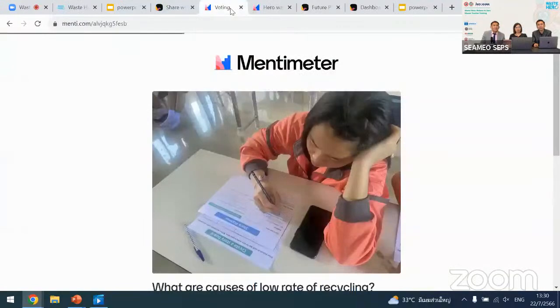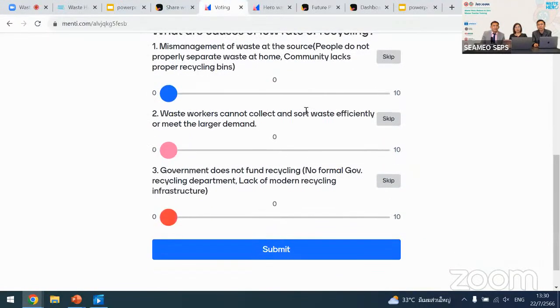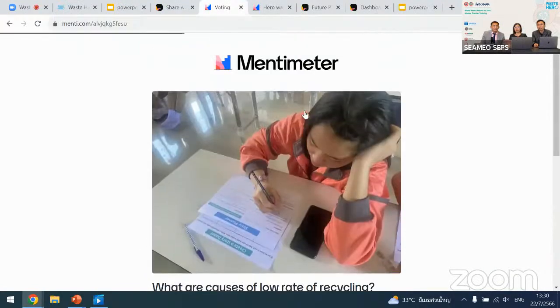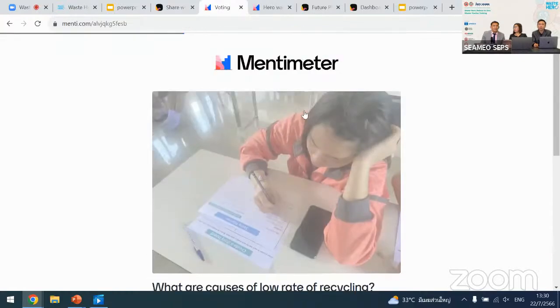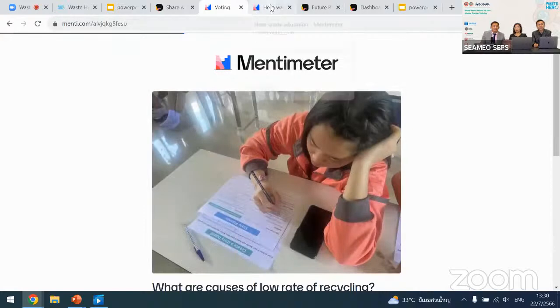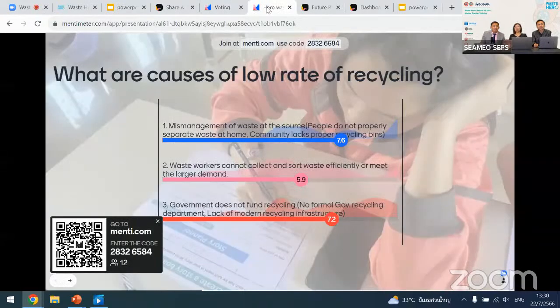So while we're waiting for the results, let's see the items that you would like to survey from the participants. You can scan the QR code at the bottom of the screen.